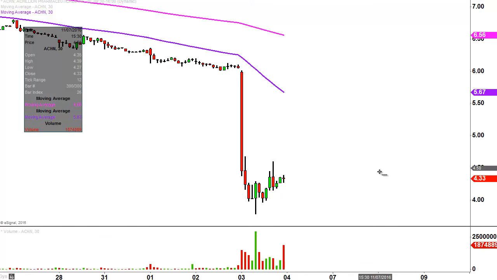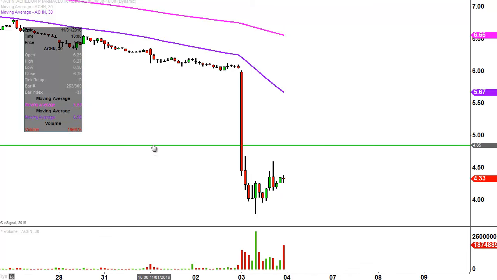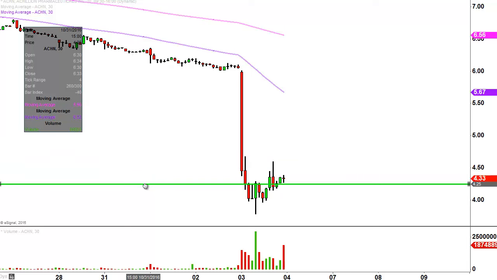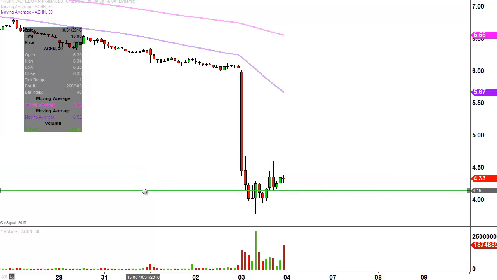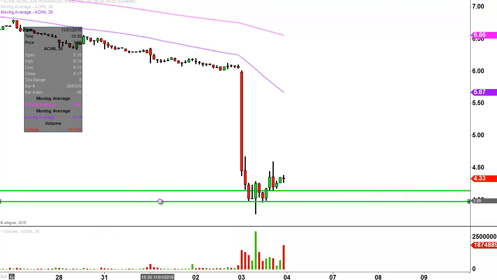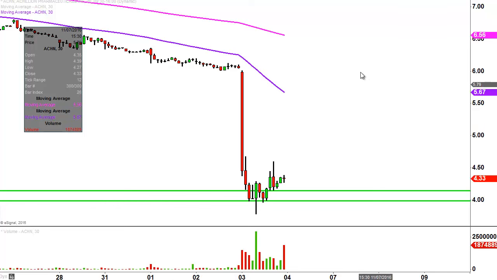So now we've got to monitor the health of this current move, and the easiest way to measure health is just to see if the price can stay up above levels of support. And I want to map out a little support zone here. Top of the support zone being right there at $4.15. Bottom of the support zone being at $4. Meaning if the price comes down here and rolls back over and crashes through both those areas of support,